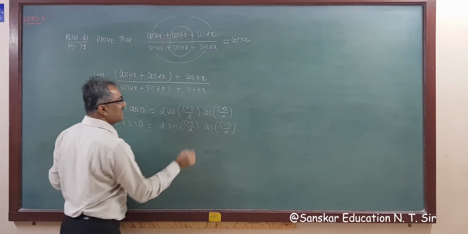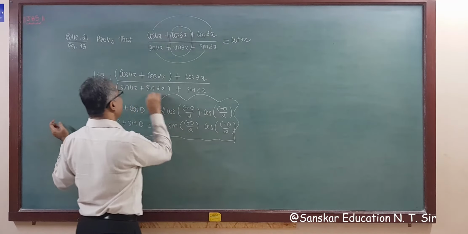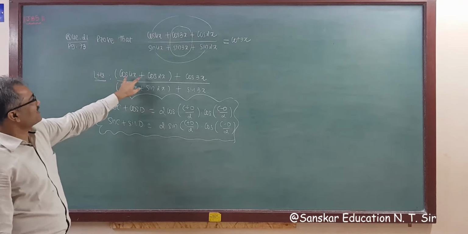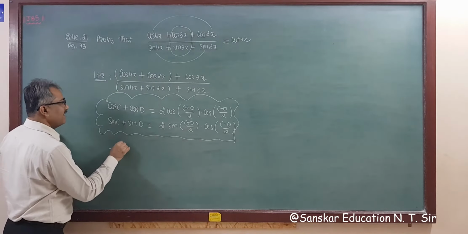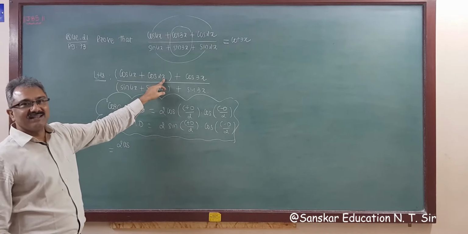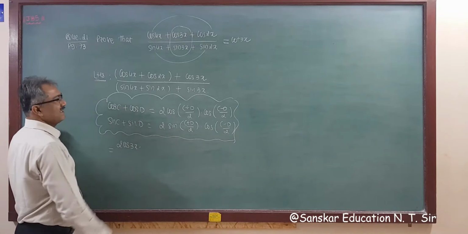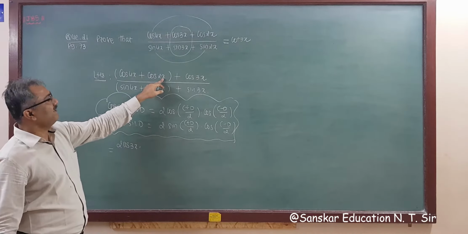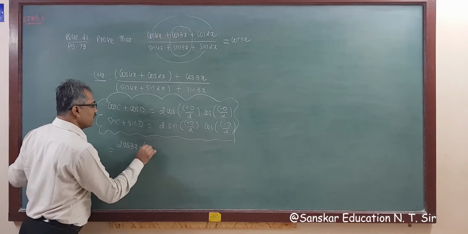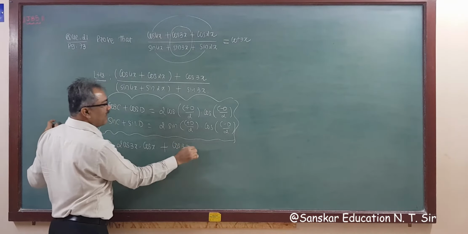I don't want to write, but I'm writing. Okay, so applying this formula, no need of me, you can solve independently, right? So cos C plus cos D is 2 times cos of (C plus D) by 2, 4 plus 6 is 10... 4x plus 2x, 6x, divided by 2 is 3x, right? So this is 2 cos 3x into cos of (C minus D), 4x minus 2x is 2x, divided by 2 is x. So into cos x, and plus our sidetrack person cos 3x.